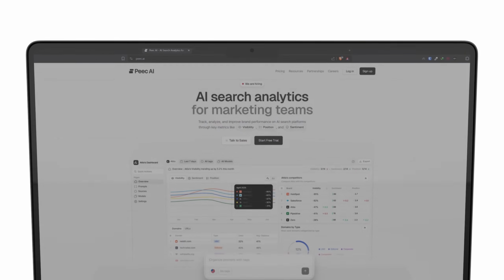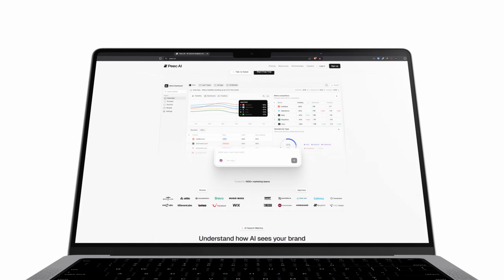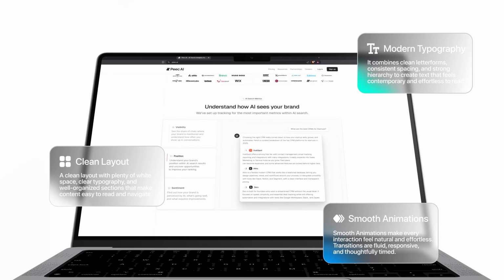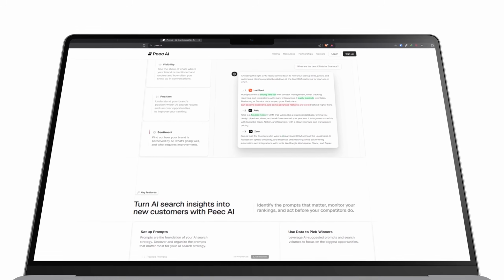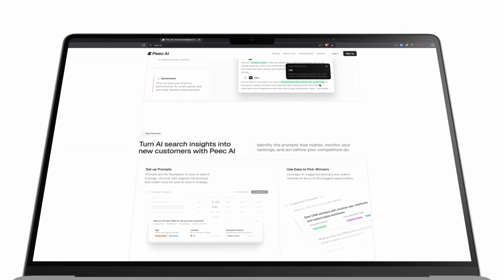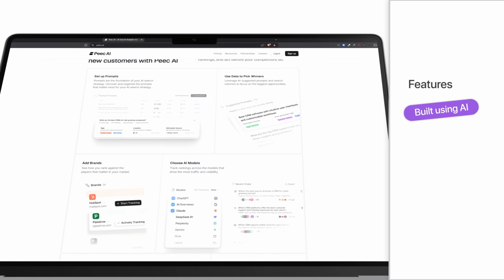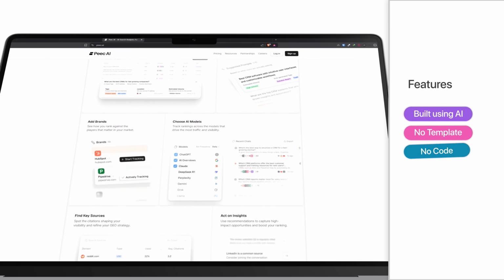Here's a real website that's live on the internet right now. It has a clean layout, modern typography, smooth animations, and it works perfectly on desktop and mobile, and 5 minutes ago, it did not exist. So this entire site started from a blank canvas and was built using AI without templates, without code, and without